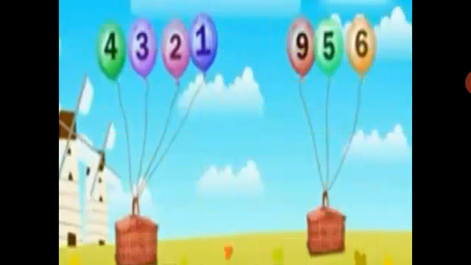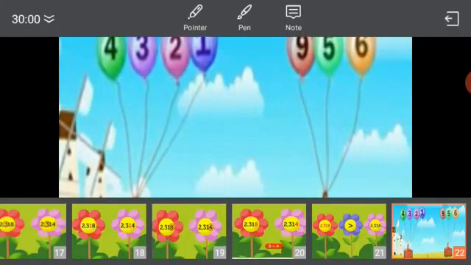See this next one. Read the first balloon. First, read this 4-digit number. 4321. So here how many digits are there? 4 digits. This is step number 1. Next read this number. 956. There is no thousands place. It has 3 digits, so ones, tens, hundreds only.